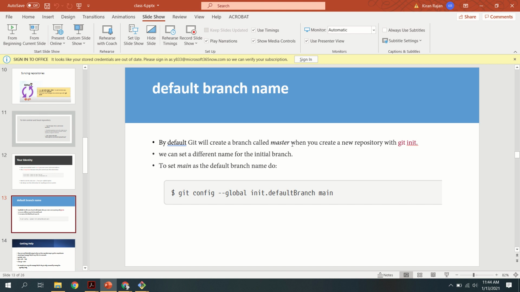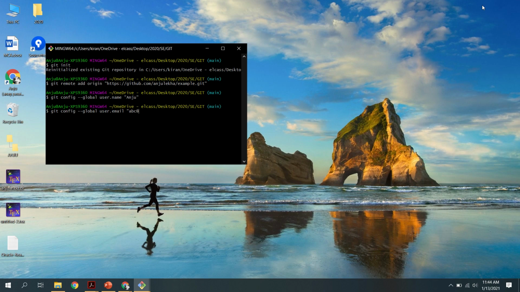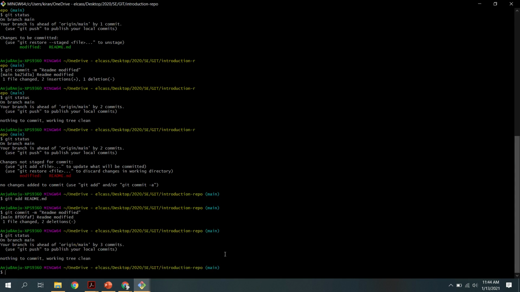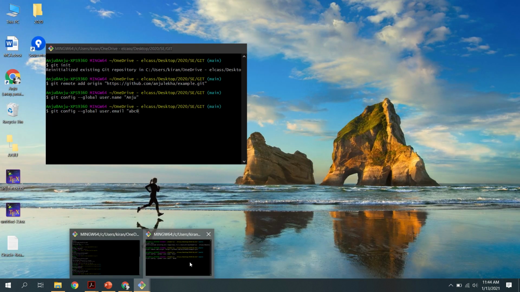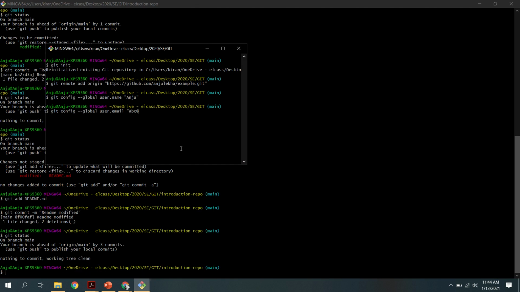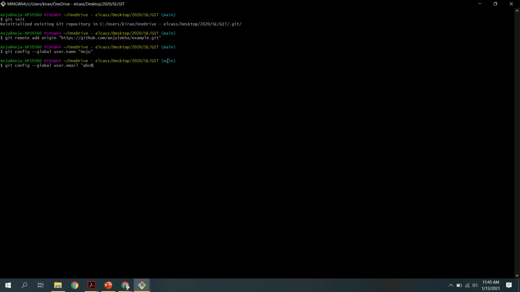If you want to change that name from master to something else, you can use this command. Here I already set this command, that is why you can see that it is main. Here you can see another example, where I also set this command. Suppose I want to change the name of this branch.